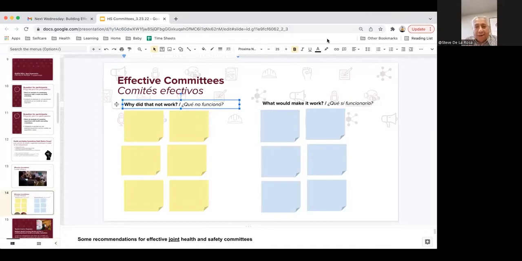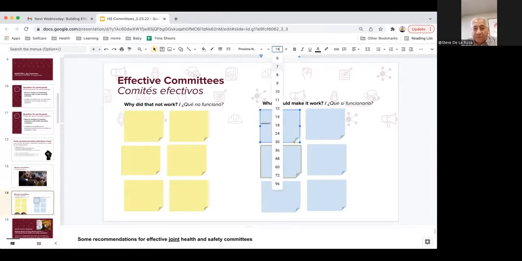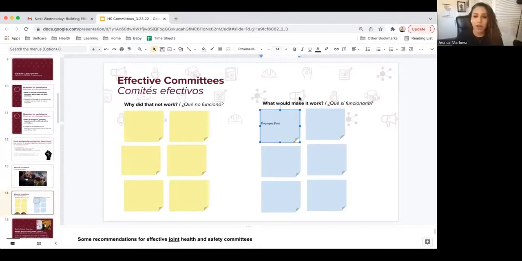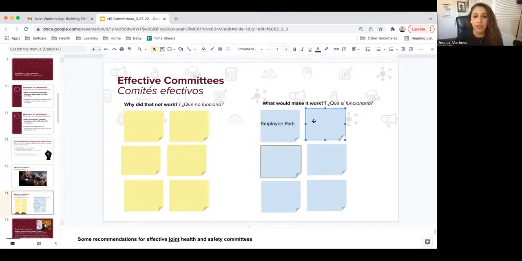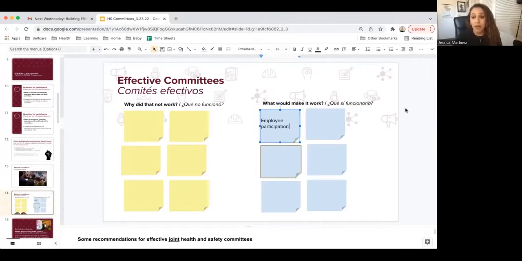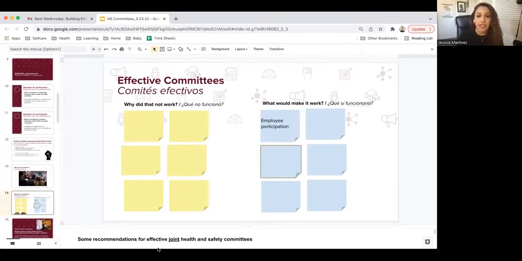Participation by employees in the safety committees is critical. If people aren't engaged and actively participating, then your meeting can quickly go downhill. That's right. Thank you so much, Steve, for that feedback. That's important, engagement and participation, which also can speak to the need for workers to be part of the process to build the agenda of the meeting itself, ensuring that it reflects the needs and issues of the workers.